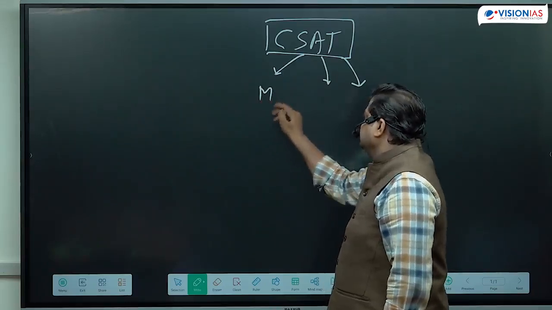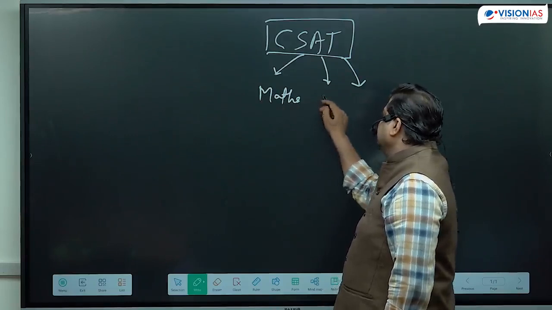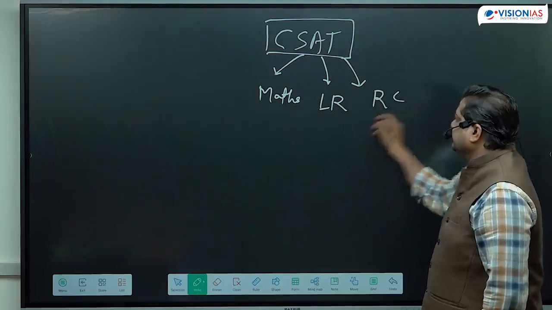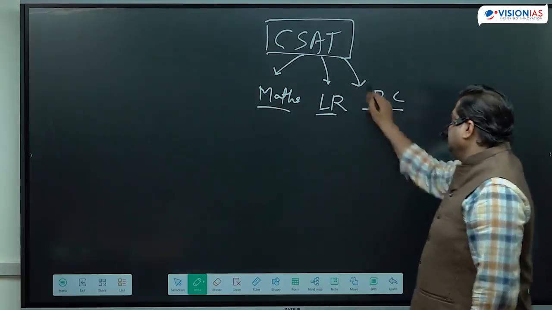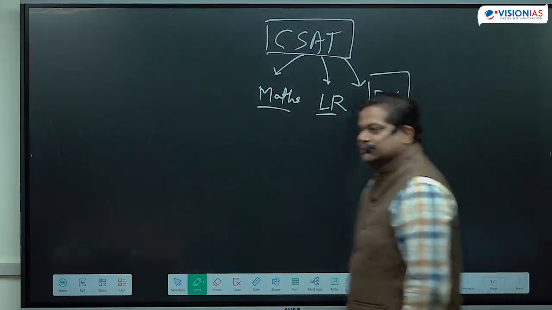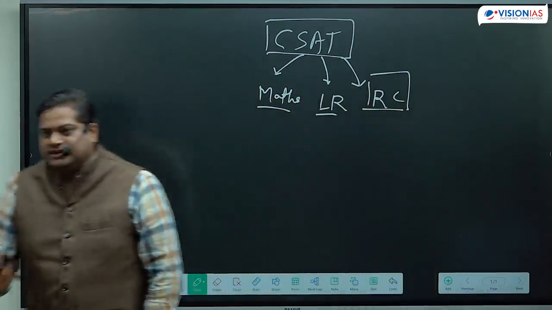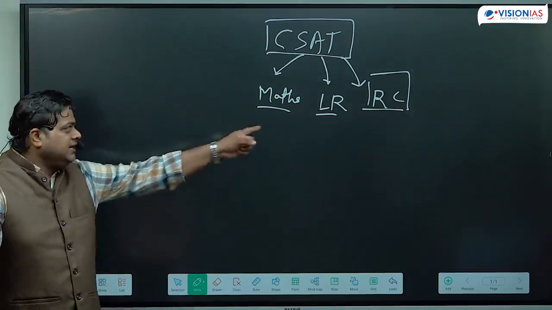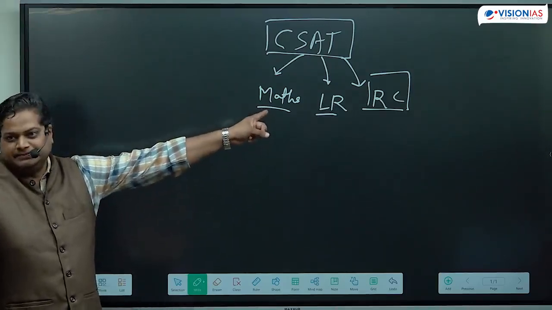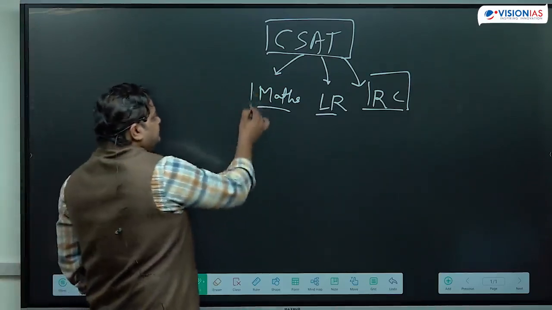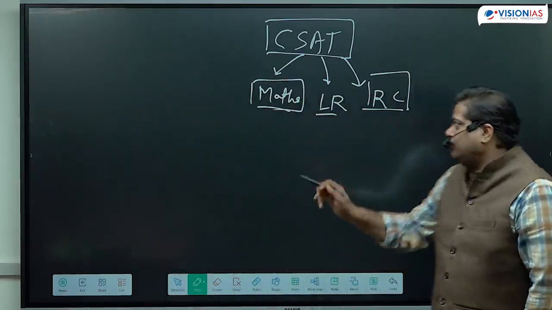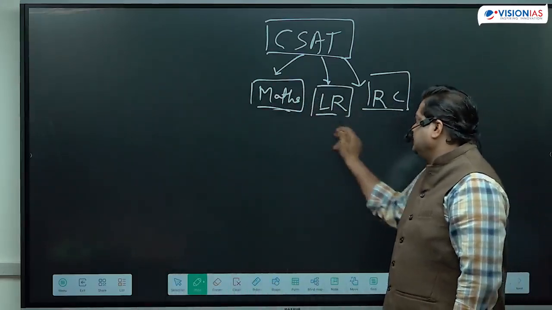CSAT में we have this maths वाला part, then we have LR, then we have RC. If we see this year's paper, RC was difficult. RC was very difficult this year. And previous year, RC was relatively less difficult. But the maths part was of moderate level. And LR,